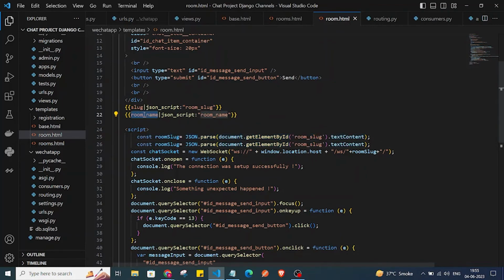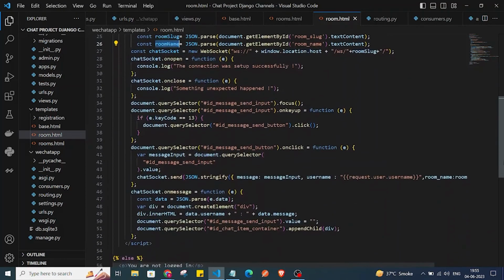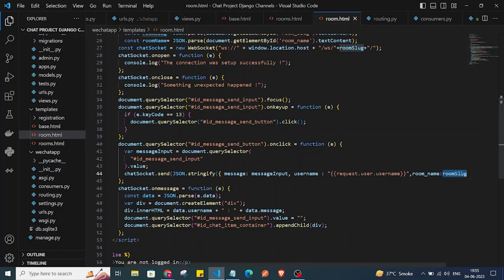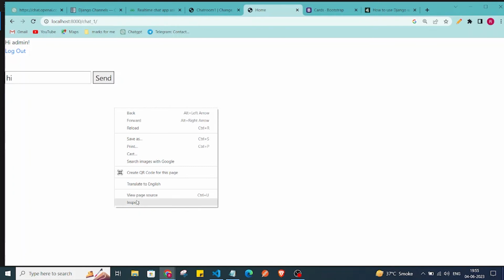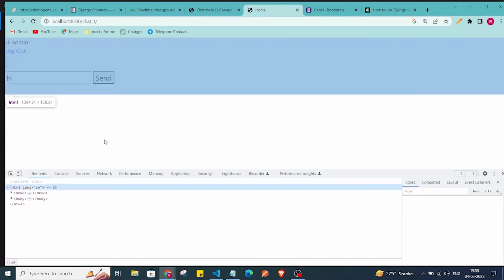So here I'll just copy this, and like this we are just taking room name as well. So we can set room name. Now instead of slug we are taking room name, and the same thing we can pass here, room name, right? So that's looking good. Now I'll just refresh, and if I say hi and send, let's inspect this